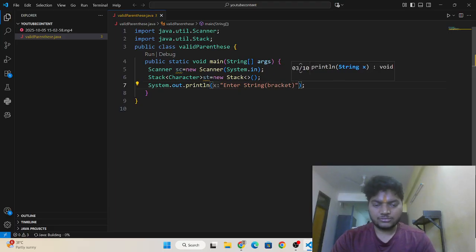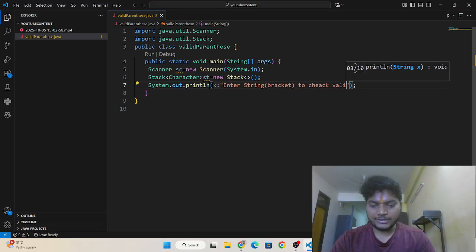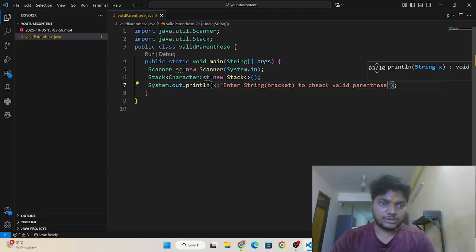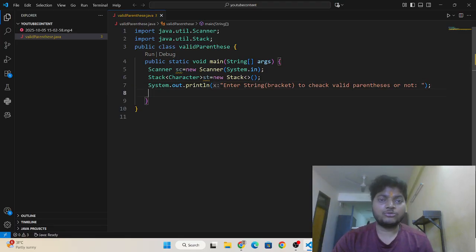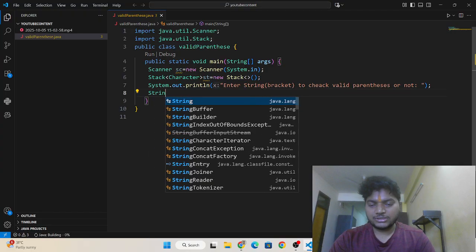Okay, string, I'm writing in brackets, like brackets, to check valid parentheses or not. Okay, so now I have to read the whole string, so that's why I'm using string